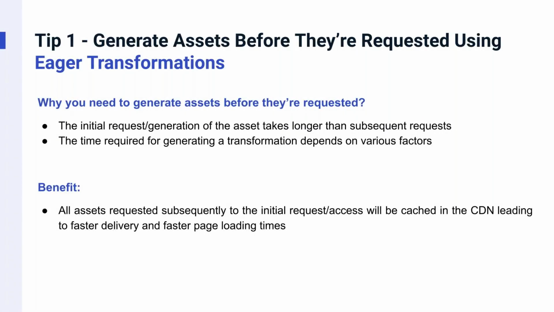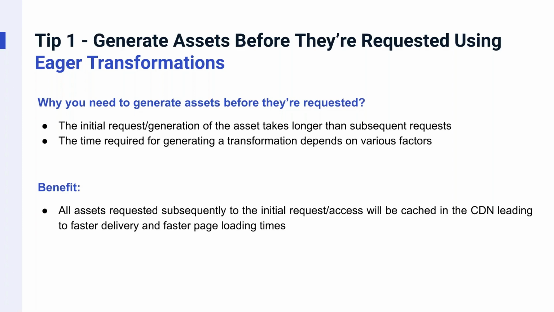So tip one would be to generate assets before they are requested. So, what does that mean? If you're not familiar with the concept of eager transformations, let me explain it. So, Cloudinary can either transform your assets on demand when first accessed by your visitors or during the asset upload